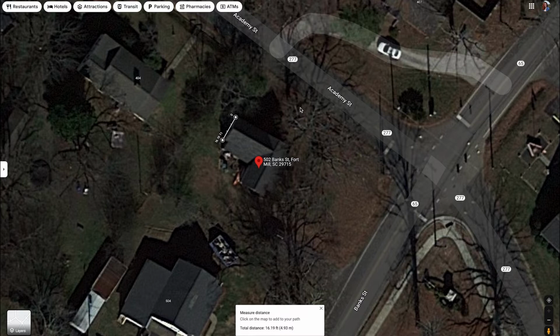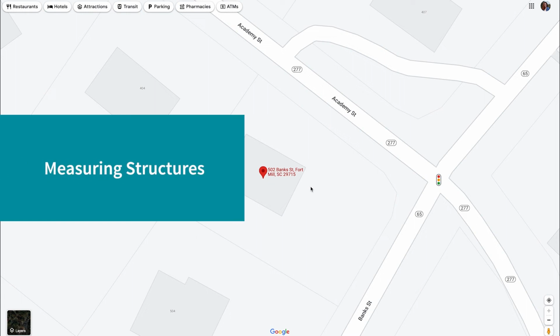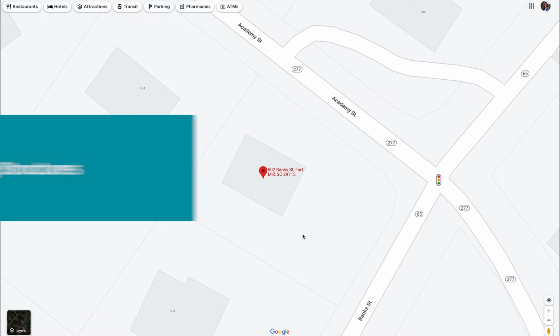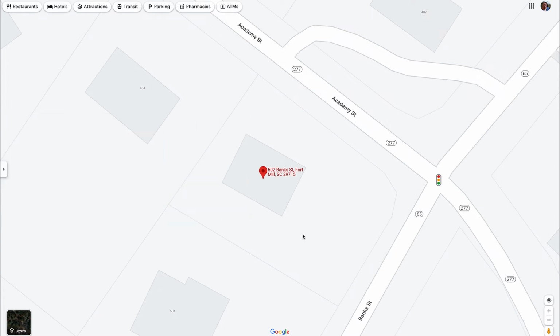Okay, so now that we have the house complete, we're going to clear that measurement out, and we have to now track to the large trees. This would also be the time to measure anything like a pool or a shed. We have the property mapped out and our house, but we need to know where to put them in relation to one another. We can't just draw the house way up here in our base map, because then our landscape would be off. So the easiest way to do this is similar to how you would orient a tree within your landscape. We need to go off of the corners using right angles to measure how far it is from